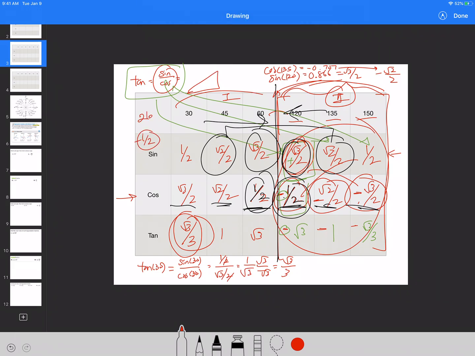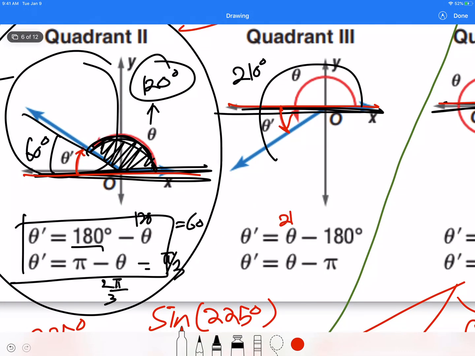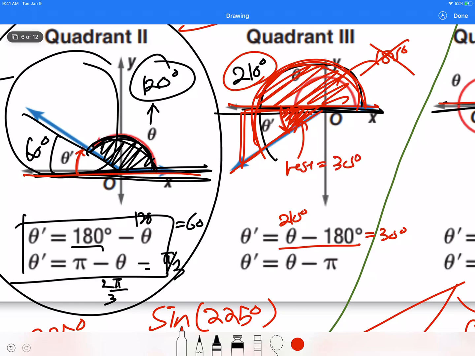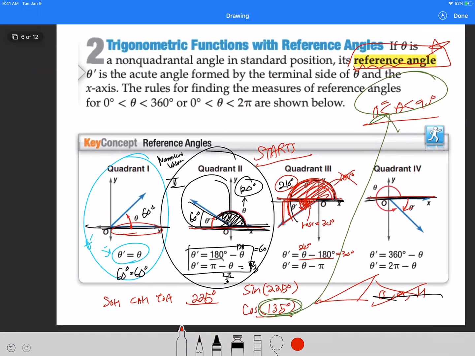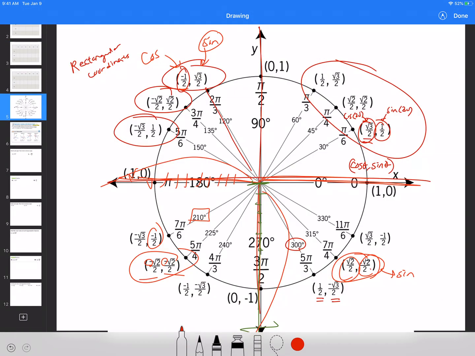Now the reference angle to that would be 30, because following this formula, you would plug in 210 degrees here and you would subtract 180 from it and get 30 degrees. This is the acute angle that we're talking about. So if this entire thing was 210, I want to subtract away the 180, get rid of it, and get the rest of it, which is only 30 degrees, right? So the 30 degrees would end up being your reference angle, and that will allow you to solve for the